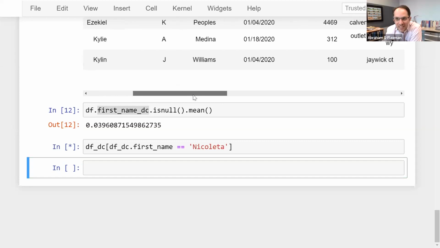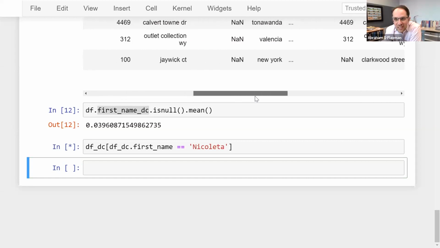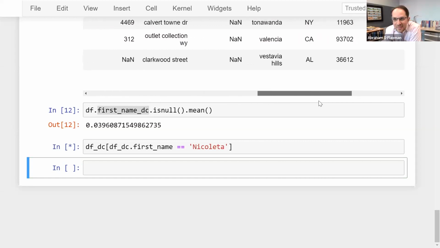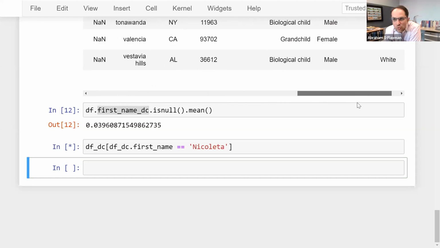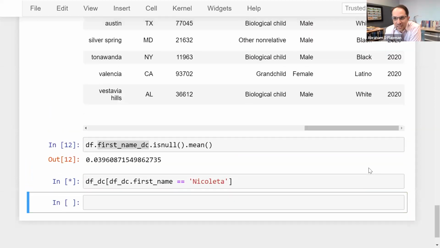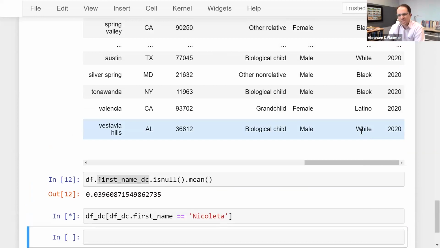I think it's probably actually in here somewhere if I scroll over, that you can see there's 6 categories that don't capture nearly the complexity that's happening in our population and in our names.